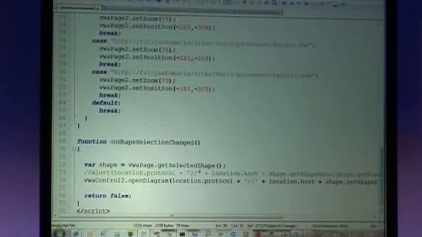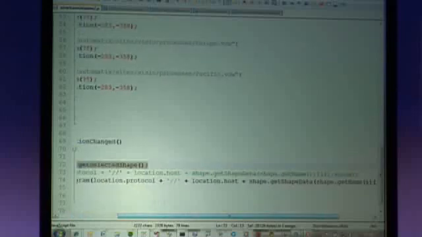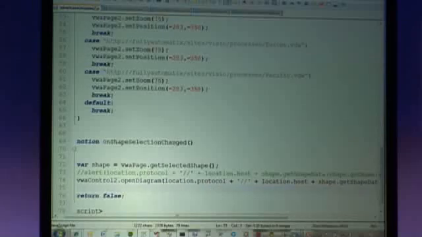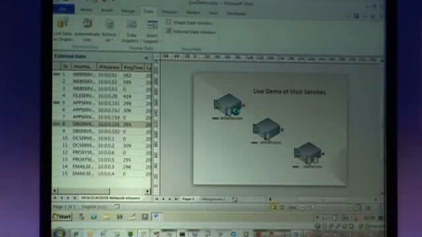And when you actually click the shape, you get selected shape, and then you can pick up your protocol, your location, and you can get shape data. What's all this malarkey here? And you're thinking 14, blah, blah, blah. Well, you have to know a little bit about your shape data to do that. If you're not aware that in Visio,